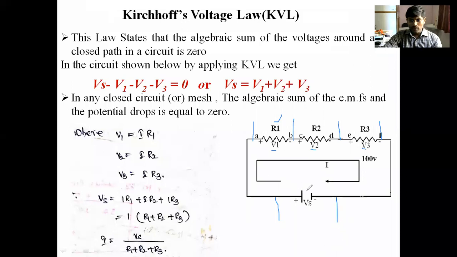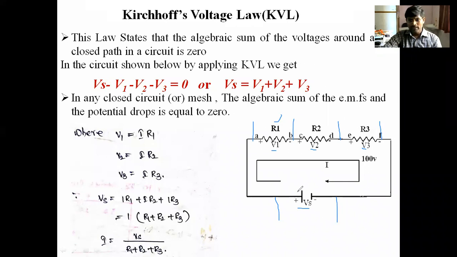Here this Vs is supplying current. So consider a plus sign for Vs, as the current is leaving from plus. While current is leaving from plus, consider it positive. Coming to V1, the current is entering with positive, which is opposite to the reference one. Therefore, for V1, you will get a minus sign.